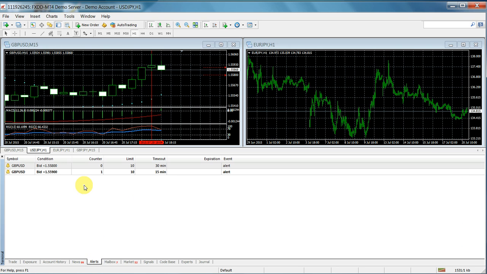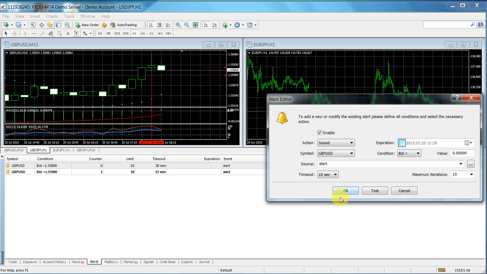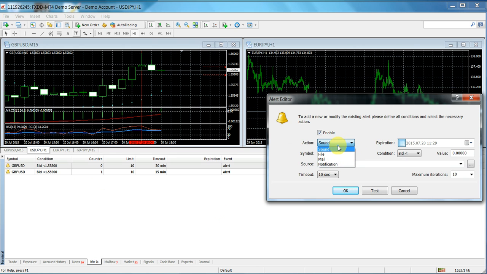Alerts is to have an alert come on when a certain condition is met. Right now I was playing with it. Right click on it, create an alert. You can choose sound or mail notification. Usually it's sound or email for me. I'm going to leave it on sound, and I'm going to say if the price goes higher than 1.55935, bid is greater than